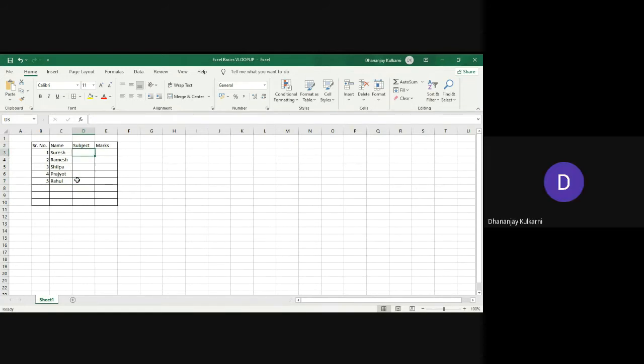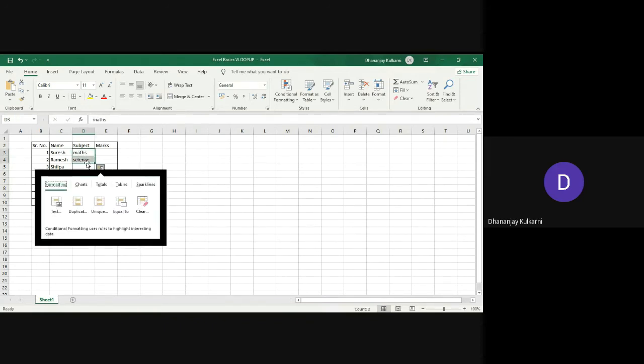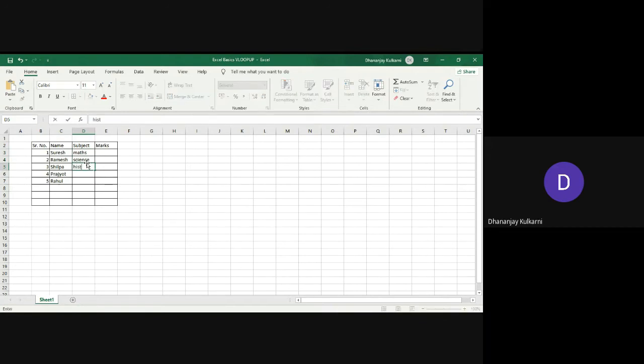Let's say we are looking at the marks for different students. We have 5 students, and for subjects, let's say maths, science, history, geography, and language or English we can put.